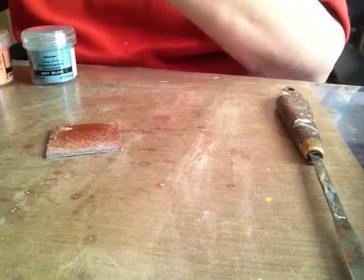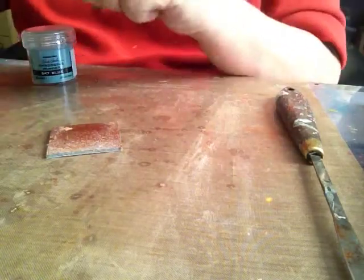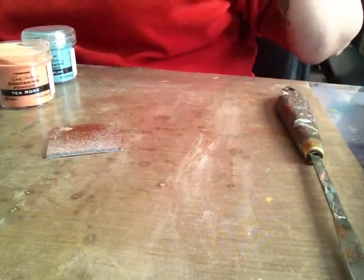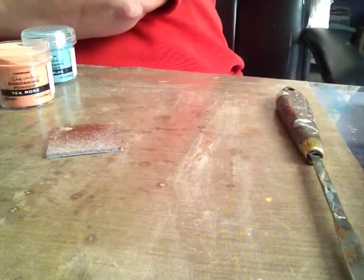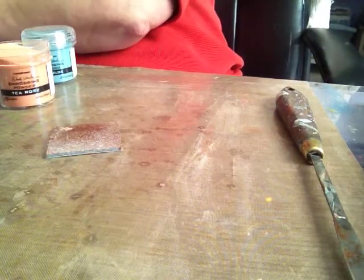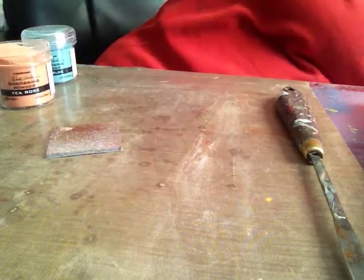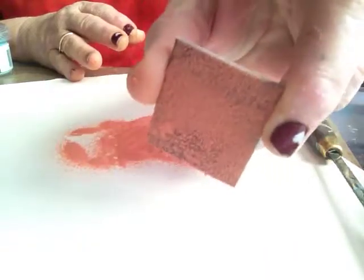And this acts as your adherent to the embossing powder. I had some coffee filters sitting around here. Can't find them, so I'll just use a piece of paper. I'm going to hurry before that ink dries. And I'm going to sprinkle the embossing powder on there. And then I'm going to